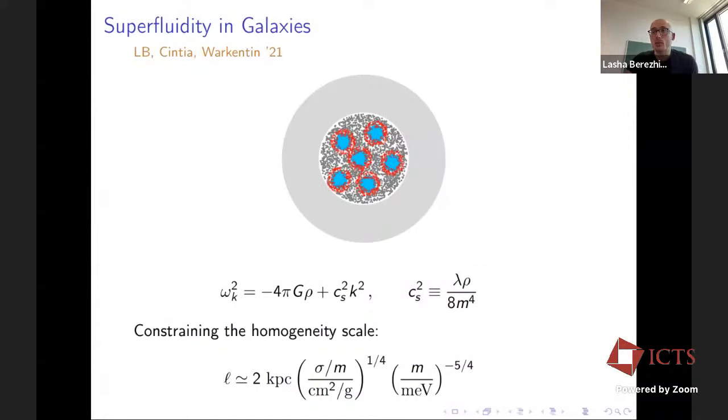Now, interestingly, one gets the following generic picture that I'm going to explain now. You would have a certain region outside of which particles have not scattered even once, so they are not aware of having any interaction. So their density distribution should be similar to the NFW distribution. Then we have a region within which the superfluid phase, so thermalization and the phase transition, took place. And by the way, this is not a simulation. This is just my personal artistic depiction of the situation.